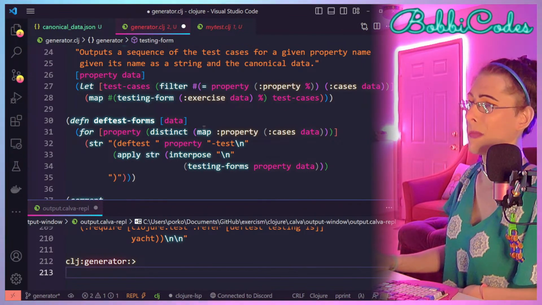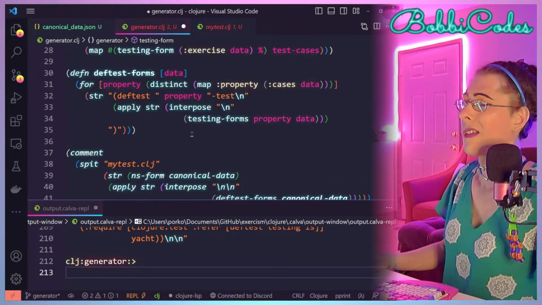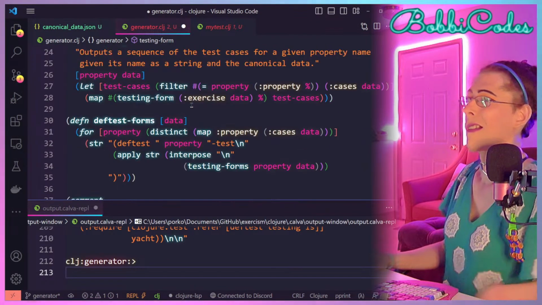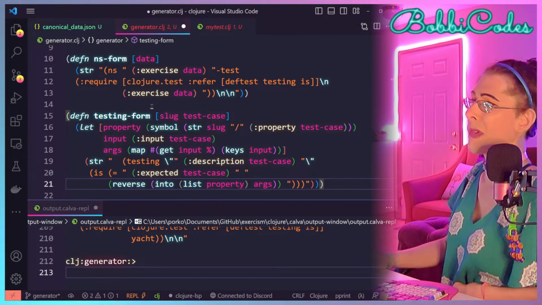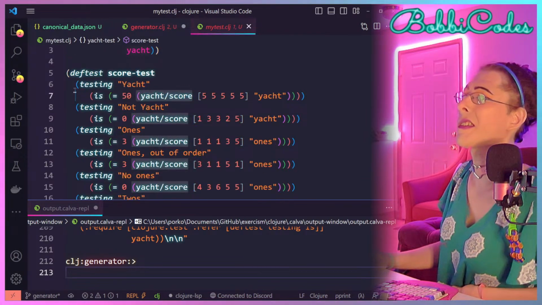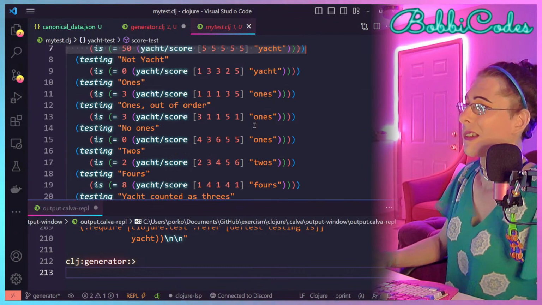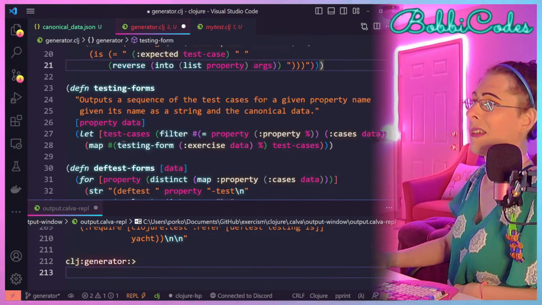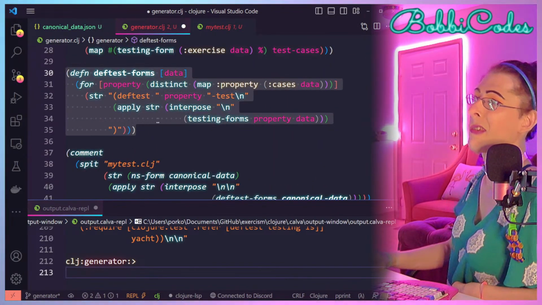Def test forms. Yeah, so first, we need testing form, which produces the inner nodes. In other words, just this part. And the def test forms produces the outer forms.